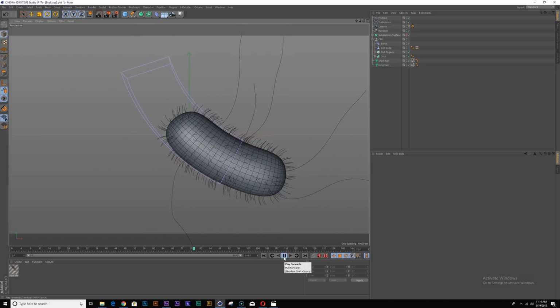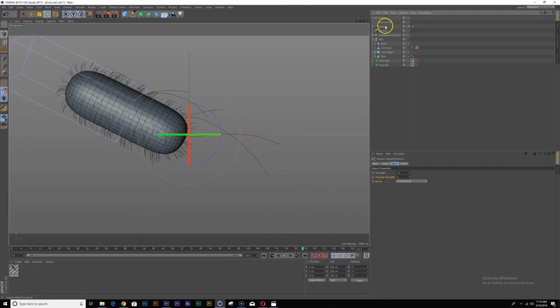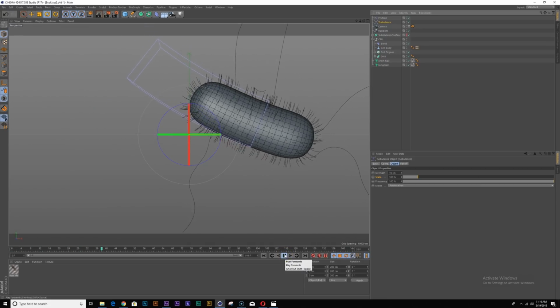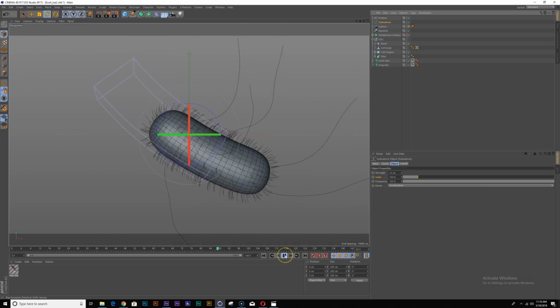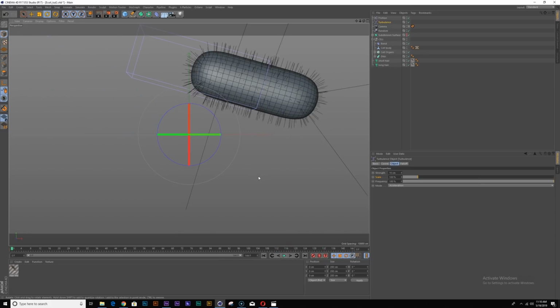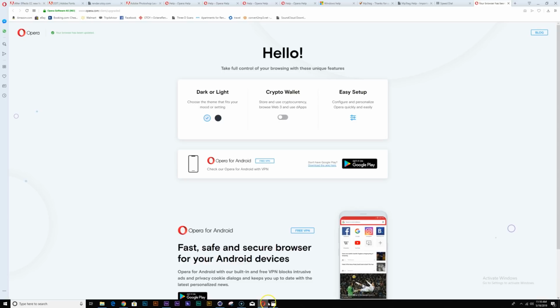Okay, cool. So that's kind of the idea, and you can always spend a lot of time finessing these numbers to get something that feels good. But that's approximately the idea here. So I think I'm gonna call it good and just keep moving because we have more things to cover. So I'm gonna save my work. And right now with these hairs, they're just hairs, right? So let's add some geometry.